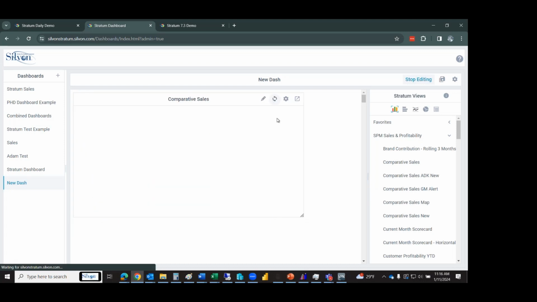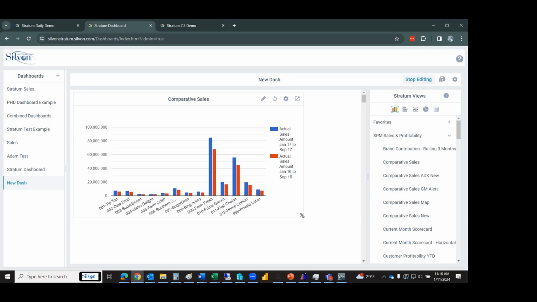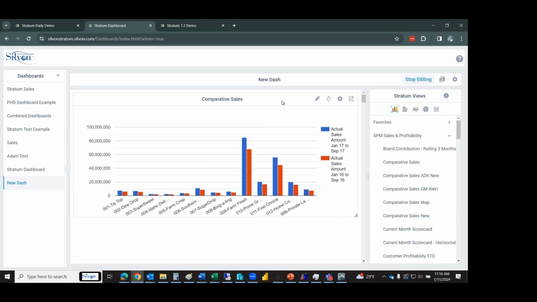These charts are informational. So if you hover over these, you'll get the data points and who they represent. And that's nice too. You can interact with these. You cannot drill down yet, so that's not available. But you can go to the view if you want to